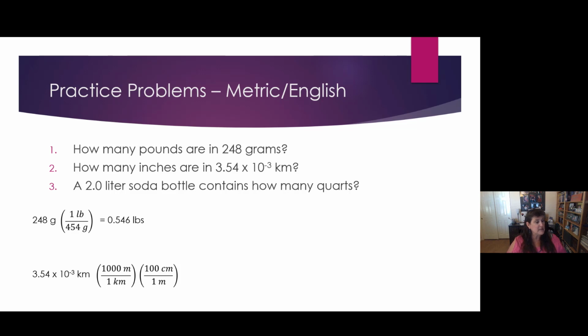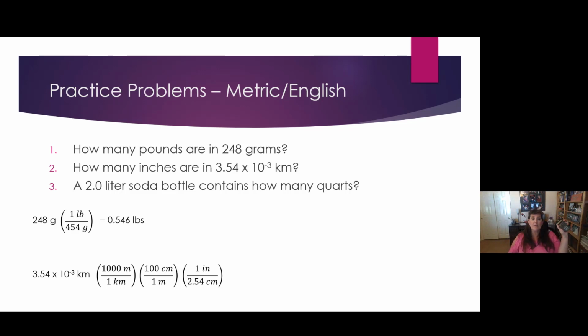Now we can go from centimeters to inches using this. 1 inch is 2.54 centimeters. What's on the bottom? Yeah, the 2.54 centimeters is on the bottom. The inch is on top like that. Okay, cool. Kilometers cancel, meters cancel, centimeters cancel. I've got inches. Am I done? I am. Number 2 said how many inches? I got my inches. Yay.